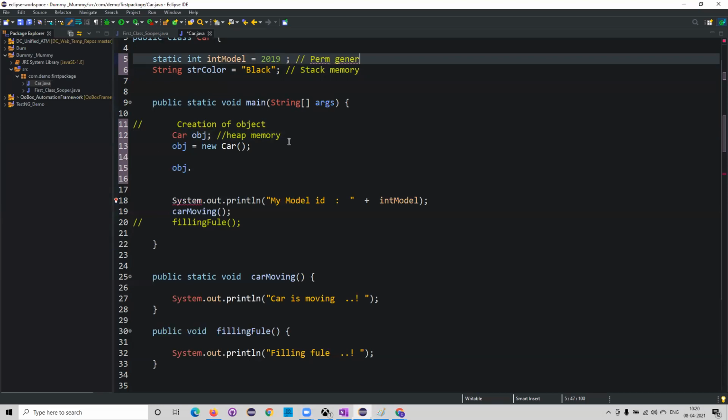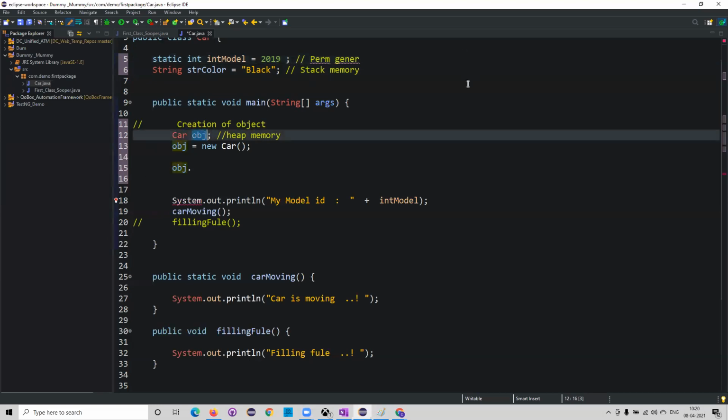Now coming back here, this guy created an object. In memory, this is the heap memory, right? You created an object, obj, and for this a memory allocation of 101 is created. Now after creating this 101, I'm calling obj dot, and I can call the non-static variable and non-static method.